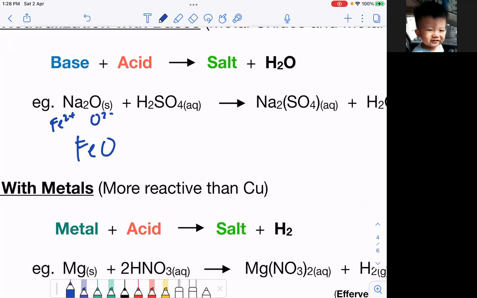Now, I want somebody to give me an acid, but I don't want sulfuric acid. Who can, out of your memory, give me an acid now? Wrong, never mind. NH4. No. Oh, good try. Okay, who can give me another acid? We only learn 3. H2SO4 is the harder one. The other 2 easy. The easiest is